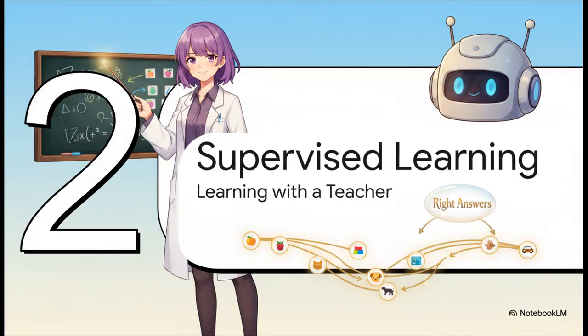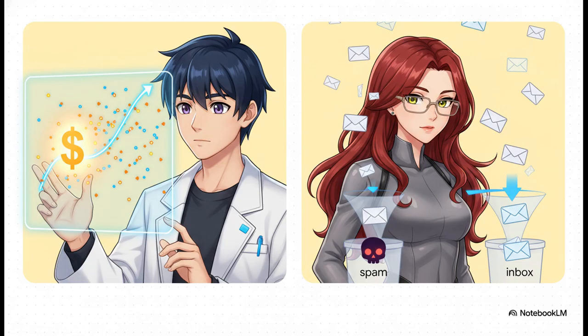All right, let's dive into the most common type you'll run into: supervised learning. We call this learning with a teacher for a reason. Just like in a classroom, we give the algorithm a whole bunch of data that already has the correct answers. Its job is just to figure out the rules that connect the questions to those answers. Within supervised learning, you're usually doing one of two things. First, there's regression. That's when you're trying to predict a specific number, like the price of a house or tomorrow's temperature. Then you have classification, where you're trying to predict a category, like is this email spam or not spam? Or is this a picture of a cat or a dog? It's the same learning style, just for different kinds of questions.